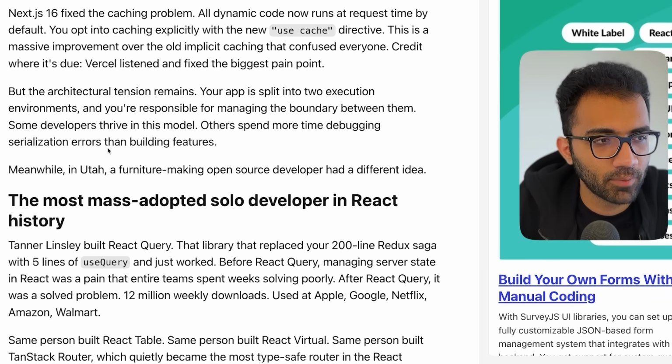The data prop crossed from server to client, which means it was serialized as JSON, which means you can't pass functions, dates, maps, sets, or class instances through it. If your stats object has a date field, it arrived as a string. If it had a method, it vanished. I'm not fully sure if that was the case, because I remember React server components actually support much more serialization compared to JSON. So this might not be exactly right.